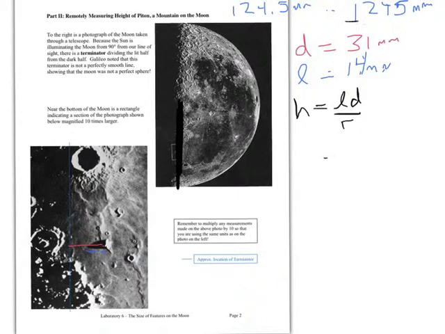Well, we measured the diameter of the moon is 1,245 millimeters in these picture units. So the radius is half of that, so that's 622. So I divide 14 times 13 divided by 622, and I get a height of 0.697